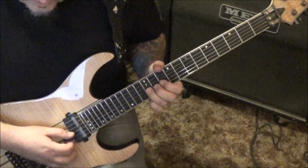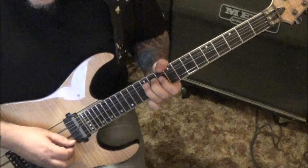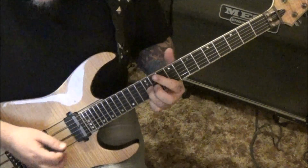9, 18, 12 G bend. I'd use 3rd finger and back it. 10 B, and then 12 G vibrato. So it's